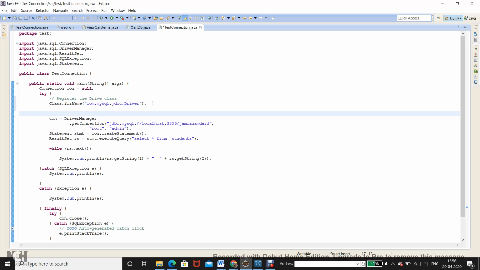So you can expect a question in the exam that please give the steps to connect to a database. So these are the steps that you need to outline or provide. So this is the first step. Then the second step is getting the connection, or creating the connection.